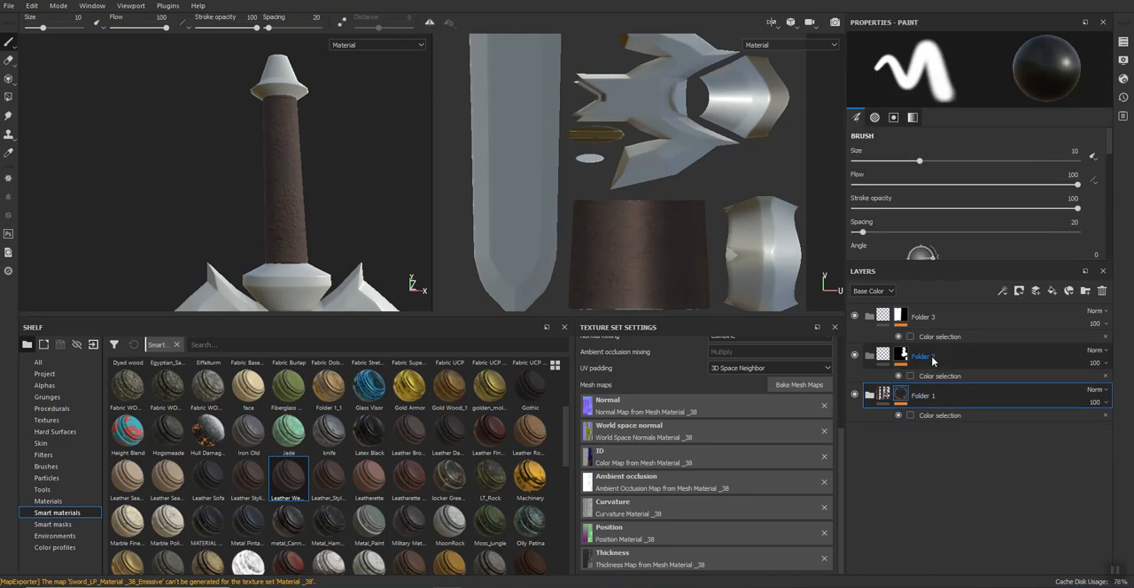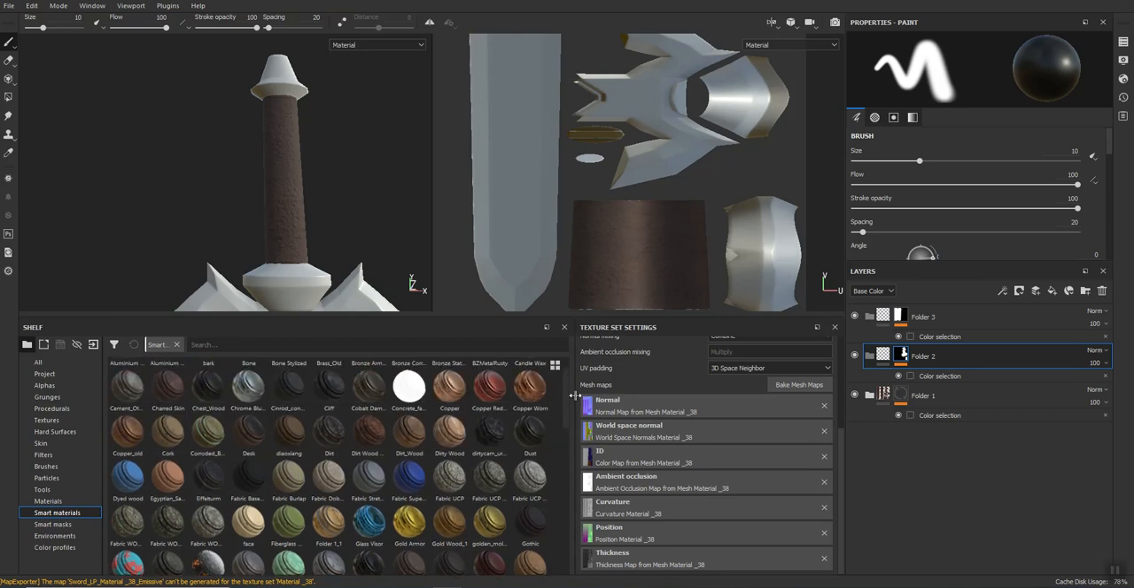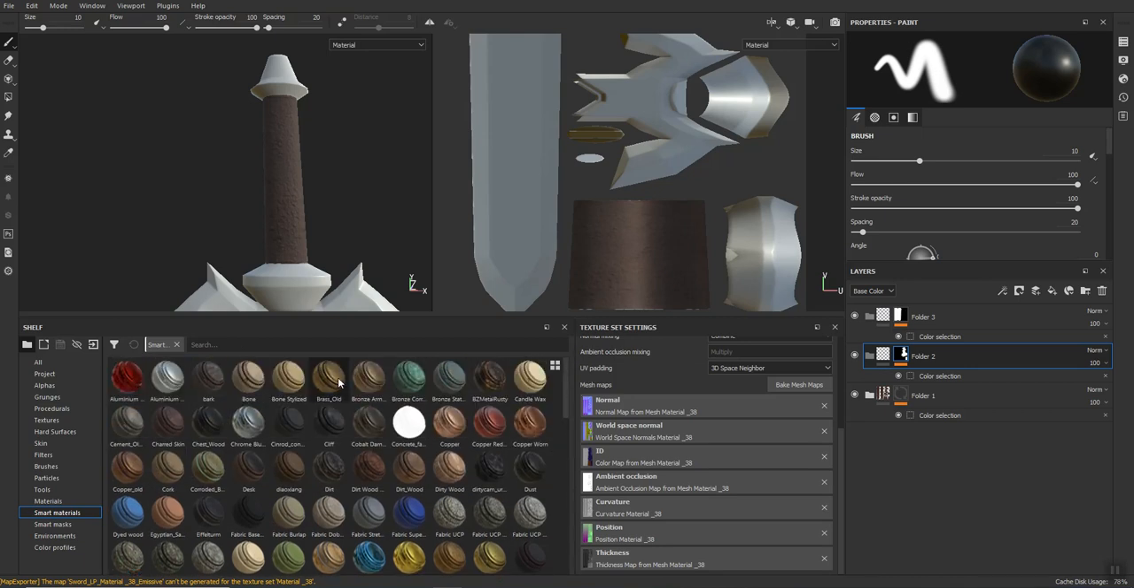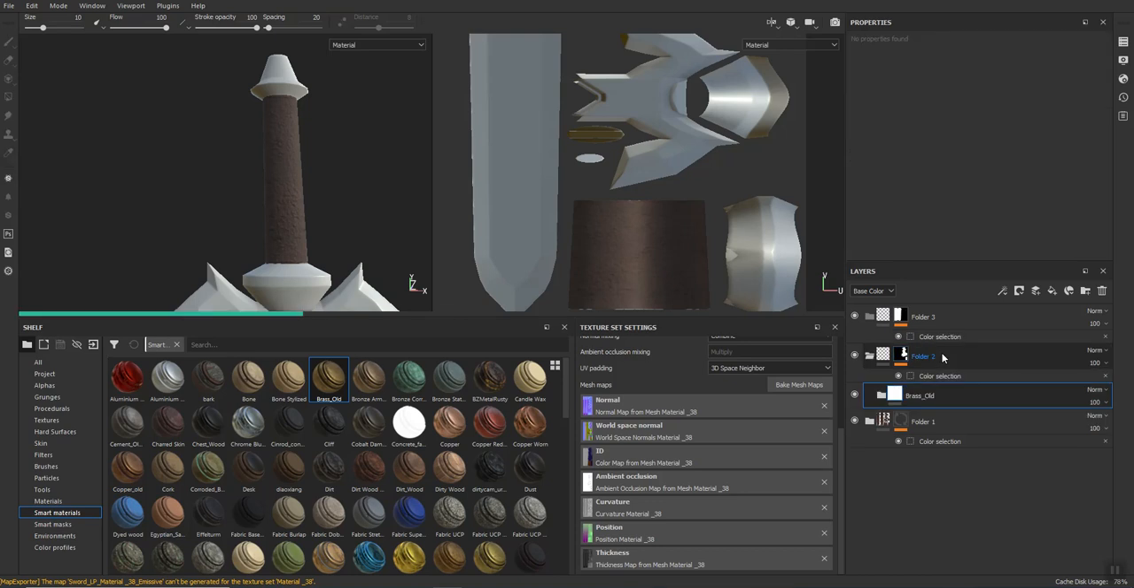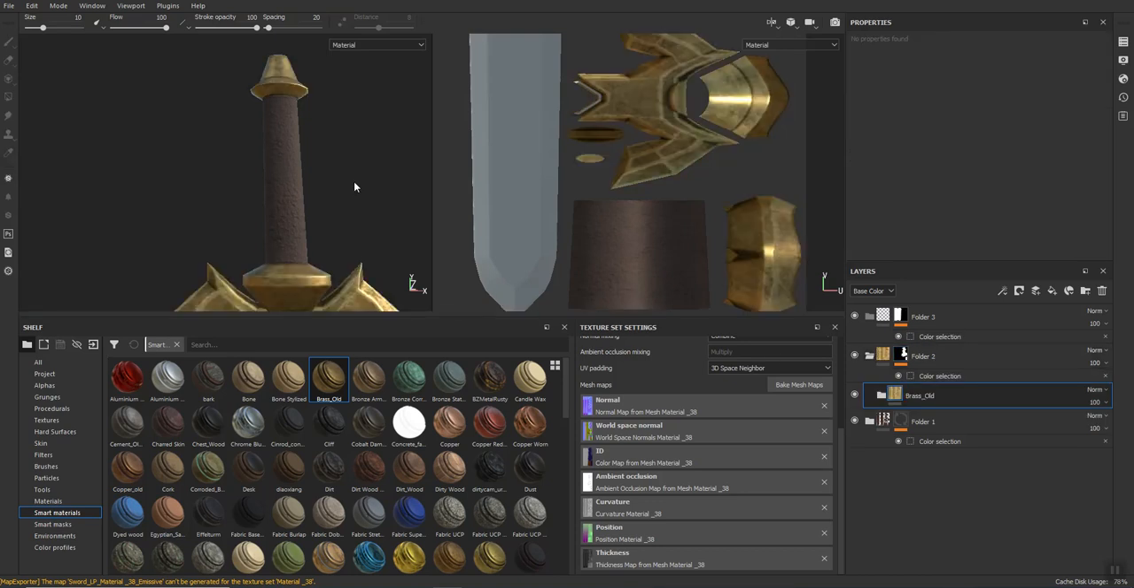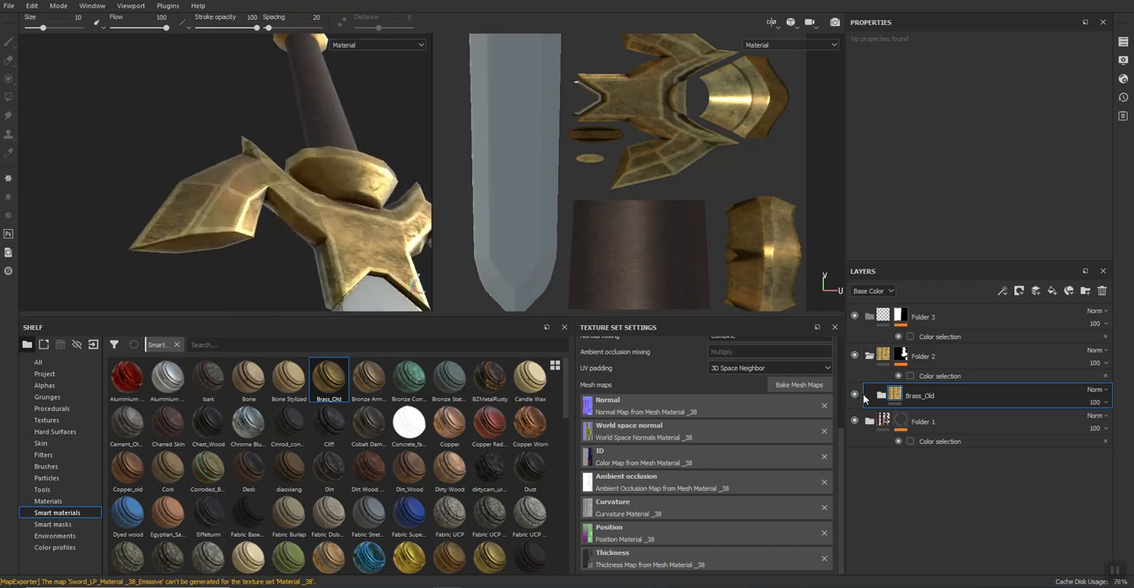Alright, minimize it. Now we'll go up to where the blade guard is. Let's see if I've got a nice metal for that. I think this old brass might be pretty cool. So I'll pull that over. There we go. And now I'm going to expand this so you can take a look. These smart materials are a combination of materials, masks, things called smart masks